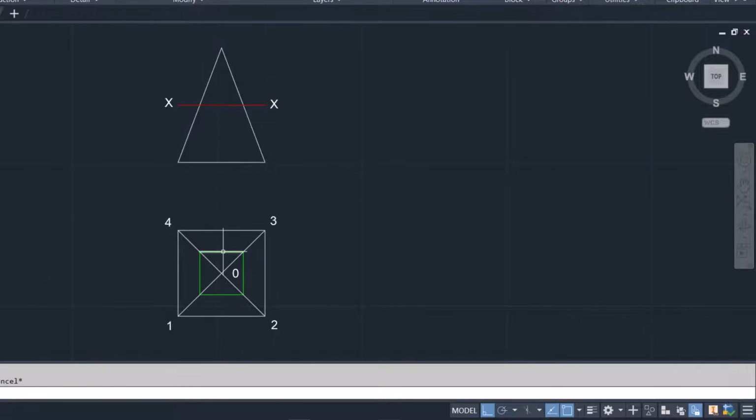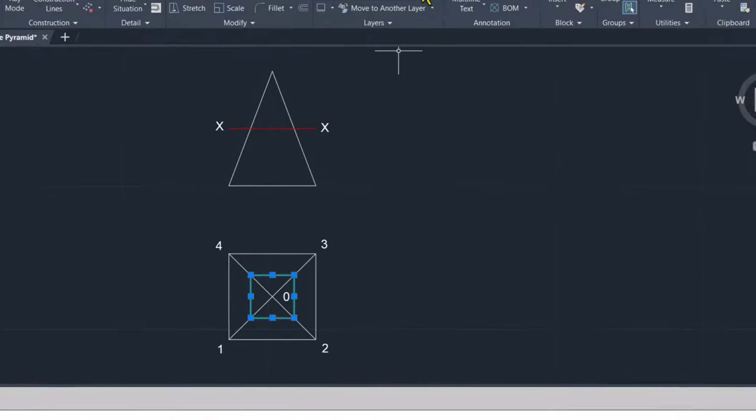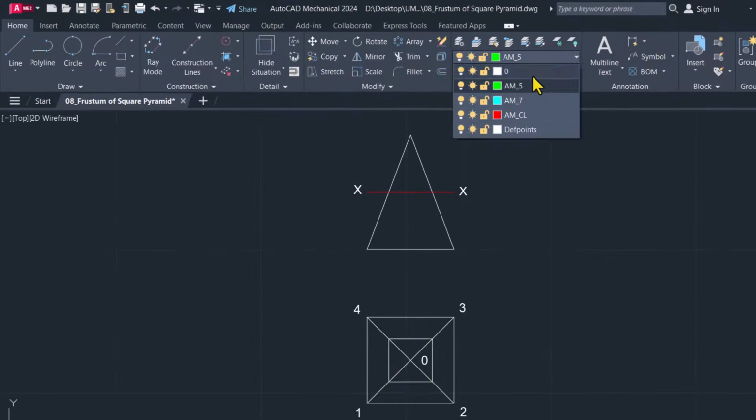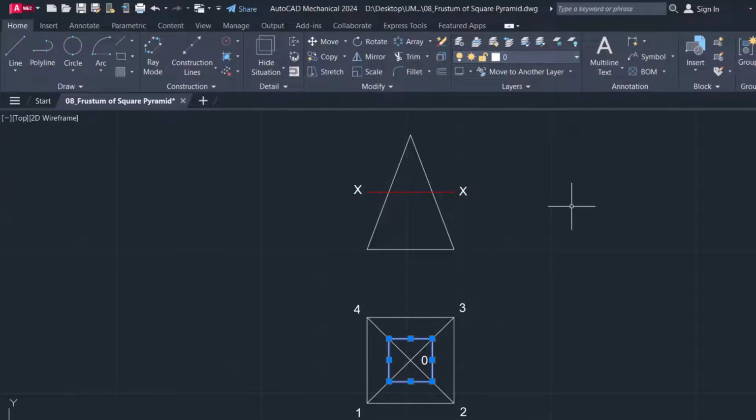All right, so this square then will represent the section XX. Okay,